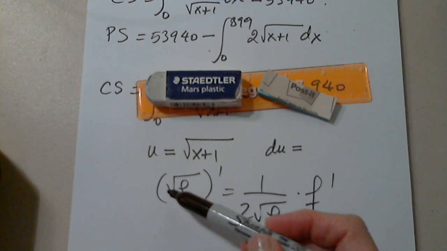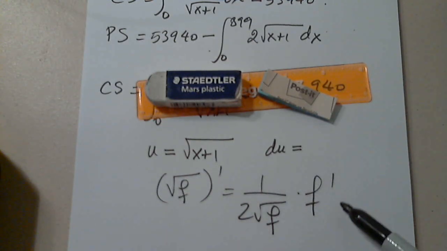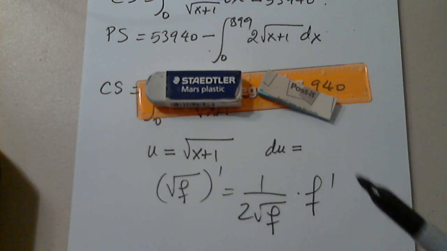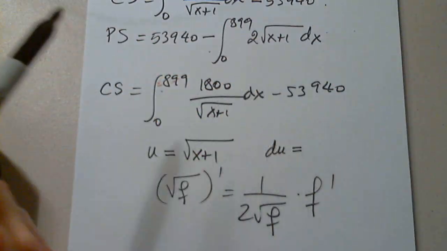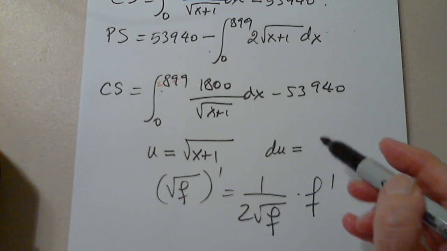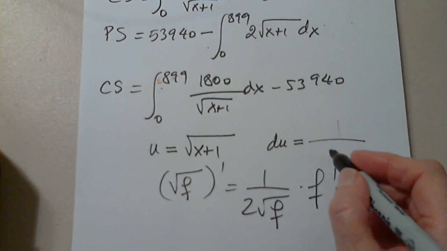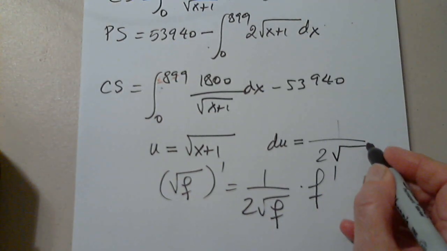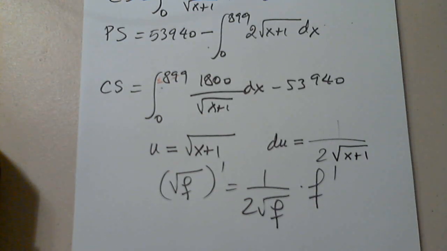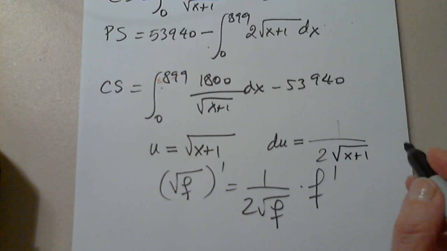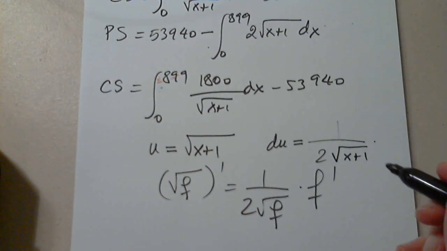So in this case, we have the square root of x plus 1. So let's follow the rule and write du. What is du? It would be 1 over 2 times (x plus 1) to the power of negative 1/2, or in the denominator, times the inner function prime, which is